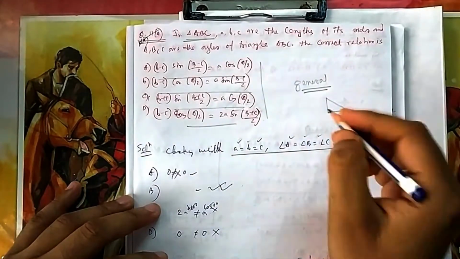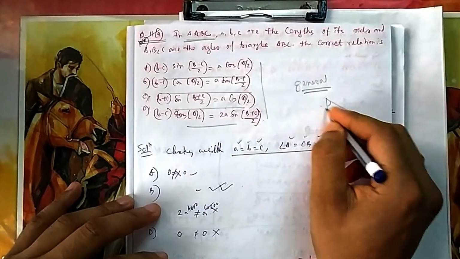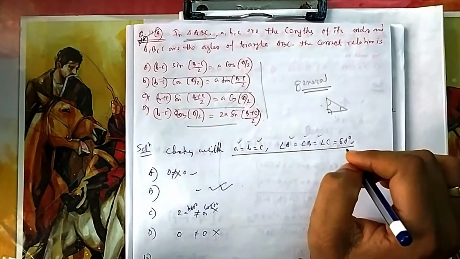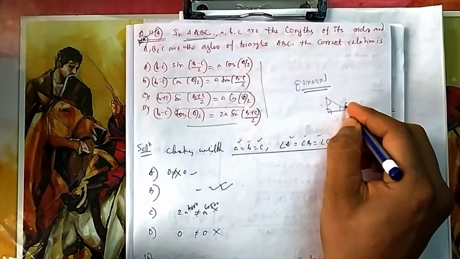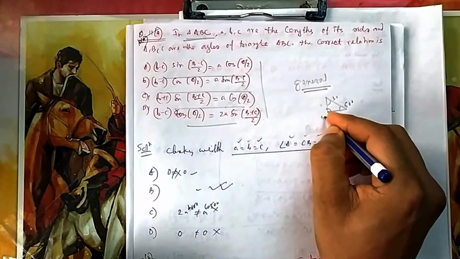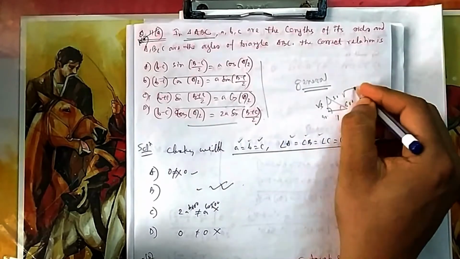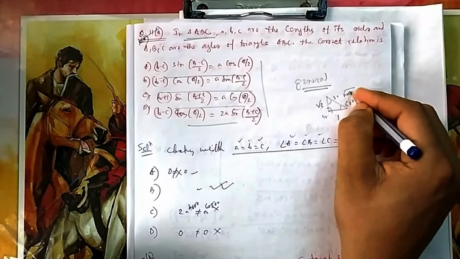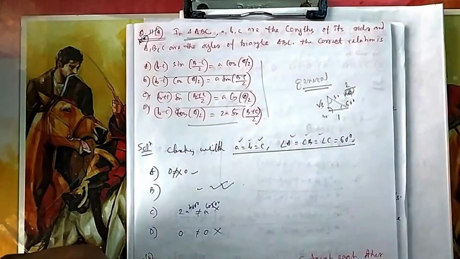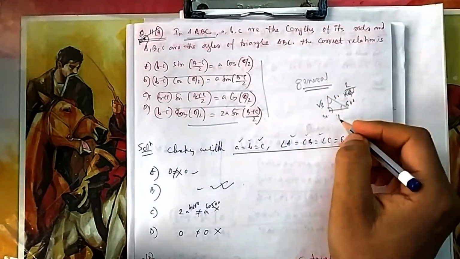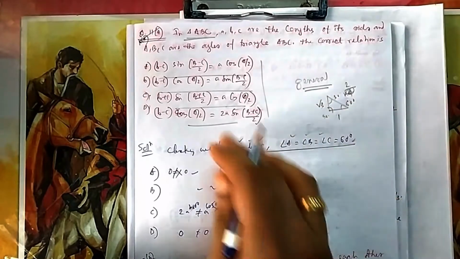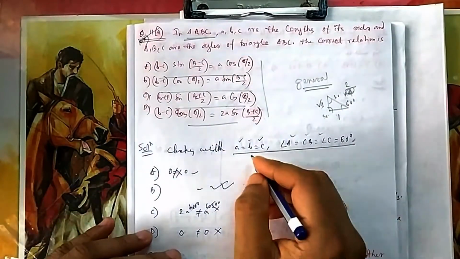You can try with a right angle triangle which has 90 degree, 60 degree, taking these angles in such a way that the ratio should satisfy. That's it. If you take 60 degree, 30 degree, and 90 degree, then tan 60 you know is root 3, so this side is root 3, this is 1. So what will be this side? It will be root of 3 plus 1, root 4, that is 2. So you can try with this triangle also. You consider these sides and the angles, and you see which one is satisfying. So the best easy thing is this one.